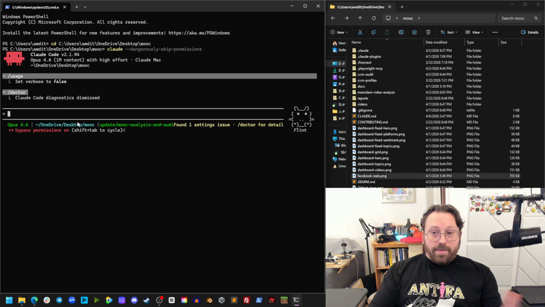The second one is a remote trigger, which creates remote agents on Anthropic's cloud that run on a schedule even when your machine is off. This is the schedule command. The remote triggers run on your server, so they can't access your GPU for transcription. You can't run YTDLP, can't access your local video files.